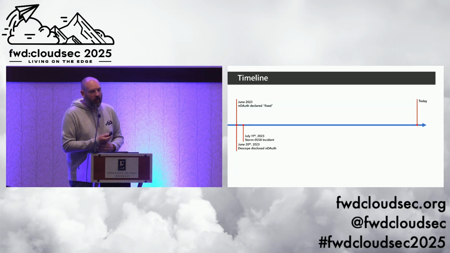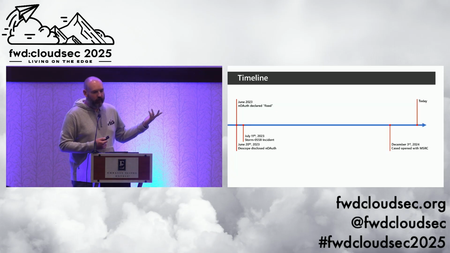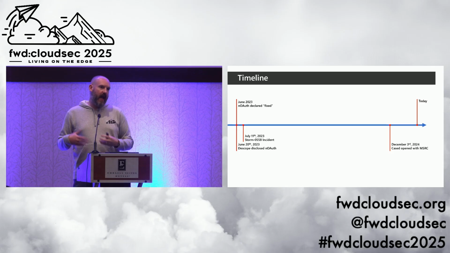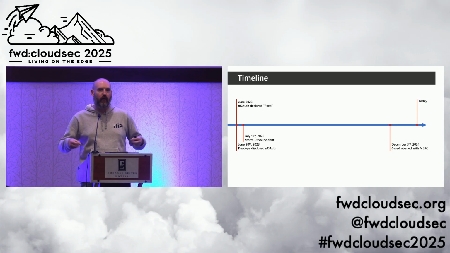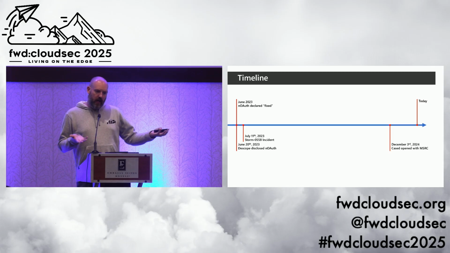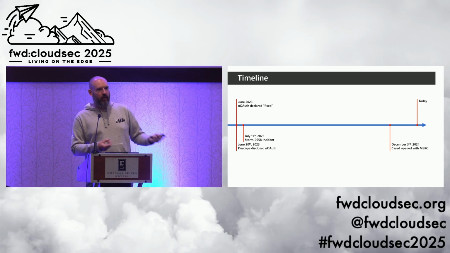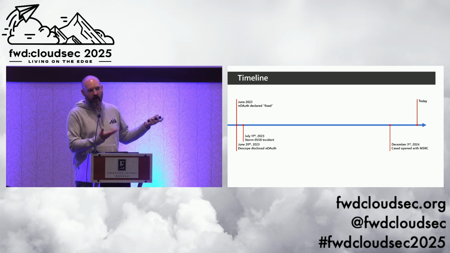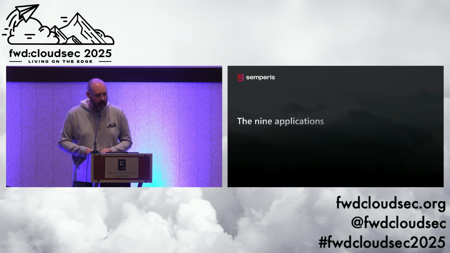So, with this, back to our timeline here. December 3rd, 2024, we opened a case with MSRC on our findings, both because we're like, hey, you have this stuff in the Entra gallery. Customers could potentially think that this stuff has been vetted better than stuff that's not in it. Also, you sort of made it sound like you worked with the developers to fix these problems a couple years ago, right? Kind of what's up with the findings here.